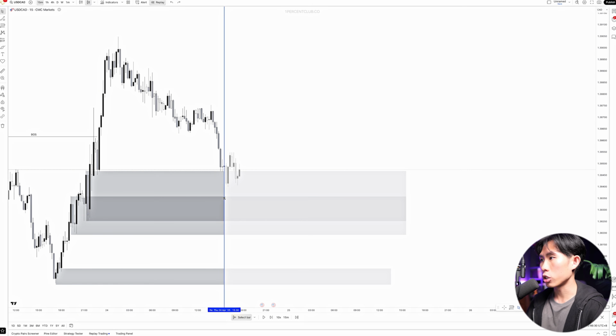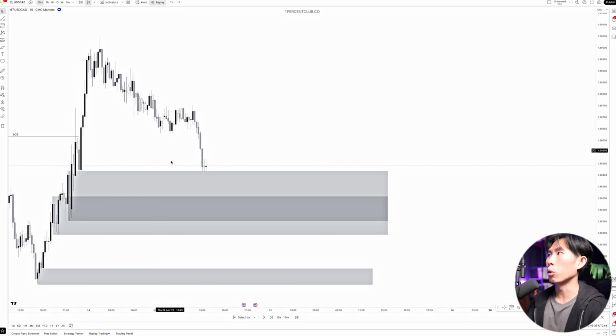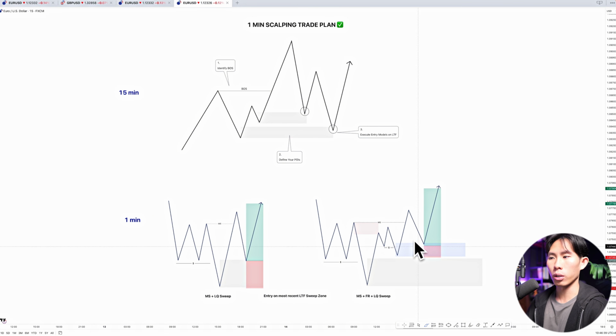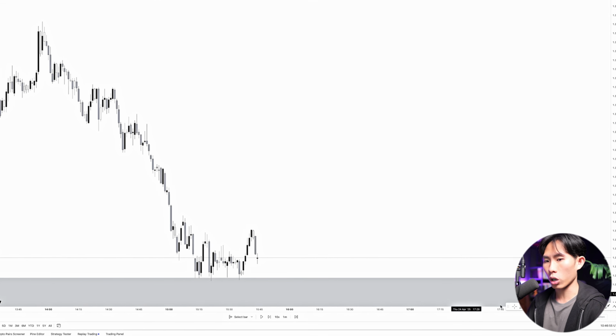So in this case, it touched the point of interest somewhere around here, right? So when this actually happens, jump down to my 1 minute time frame, and this is where I'm looking for this entry model that we have right here, either one of these entry models to present itself. So over here, this is where we want to see where is the most recent break of structure on the